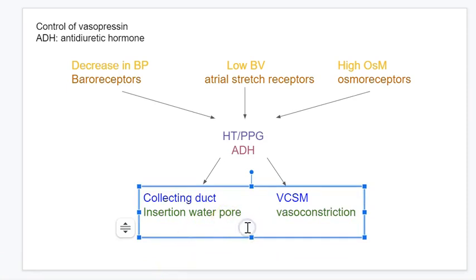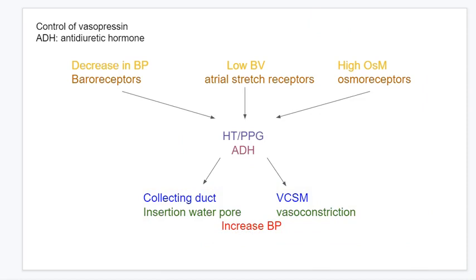So through both of these tissue responses and subsequent systemic response, whether it's the insertion of the water pores that will then lead to water conservation, that will increase blood pressure, as well as vasoconstriction, which will ultimately increase blood pressure as well. So this is a quick and straightforward flow chart for the control of vasopressin, also known as ADH,